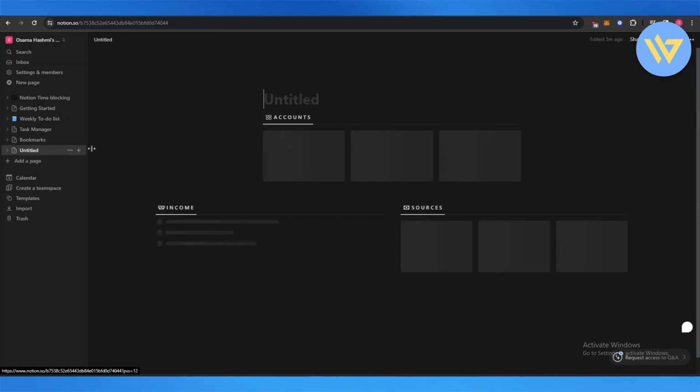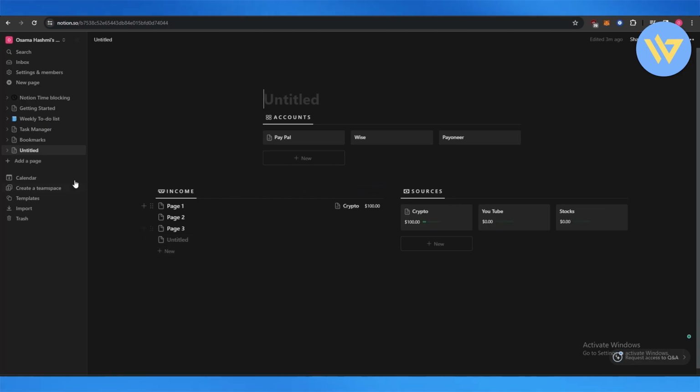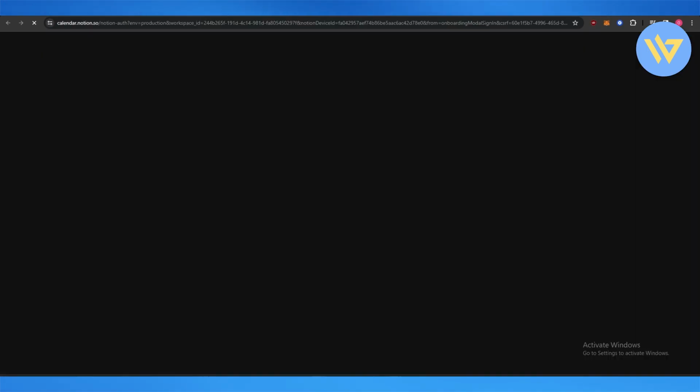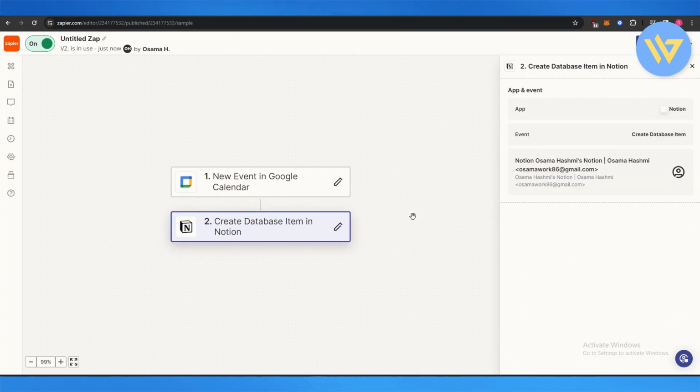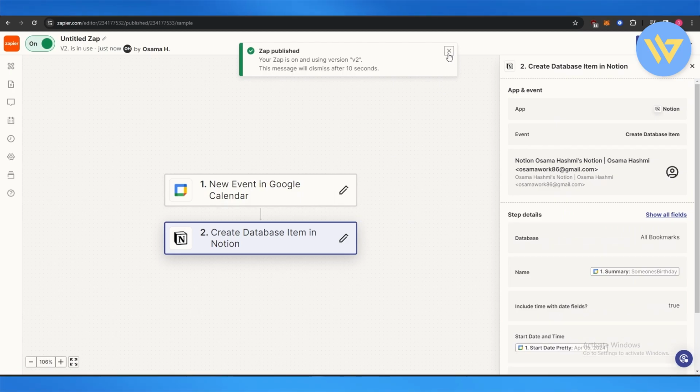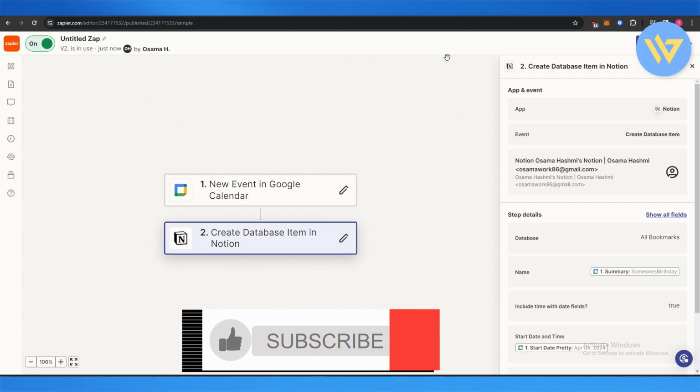Now, over here, it should pop up right here, but once that's done, all of your zaps, whatever it is that you've triggered, should work pretty smoothly. So it worked for me and it should work for you. It's very simple. All you got to do is just simply connect it and create a trigger. And that is it. That is how you use